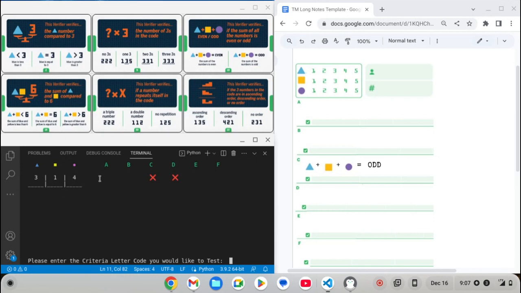Okay, so in this case, we are adding the first 2 digits. If I add 3 plus 1, that is 4, and 4 is less than 6. Since the Turing Machine does not approve of that, that leaves us with 2 possibilities: either the sum of the first 2 digits is equal to 6 or is greater than 6. So let's type that up in our notes for section D, and we'll say that triangle plus